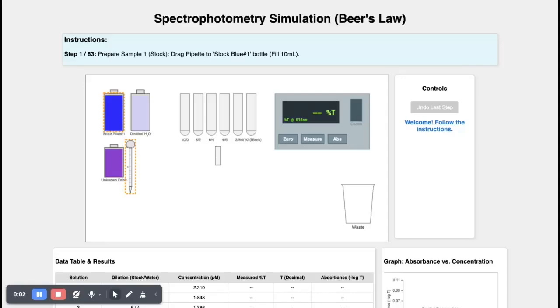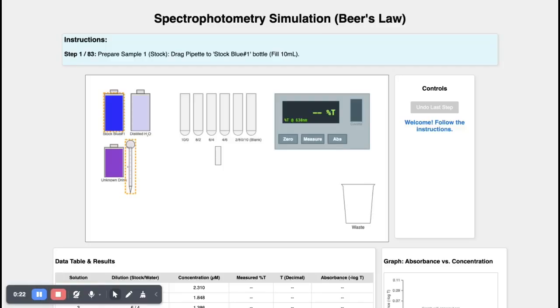Hello, my name is Isabel Lara, and today I will be performing a spectrophotometry simulation. The purpose of this experiment is to determine the concentration of an unknown solution using spectrophotometry. We will create a calibration curve using known concentrations and use the measured absorbance of the unknown to calculate its